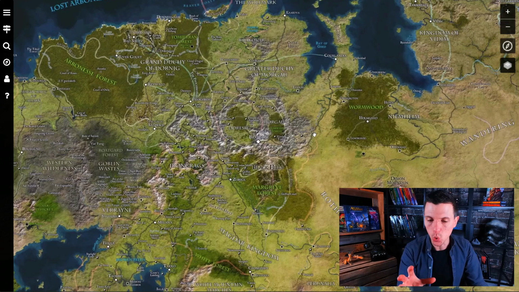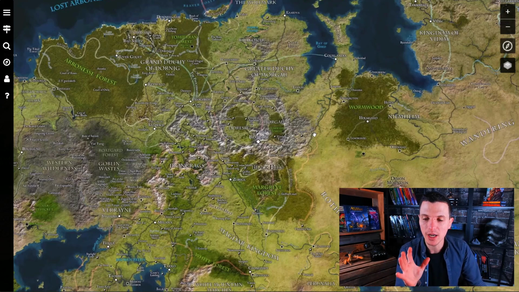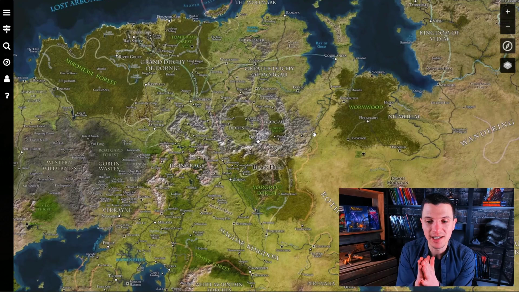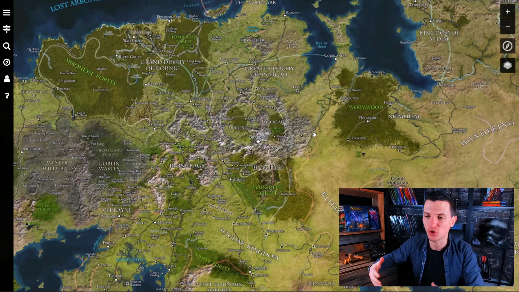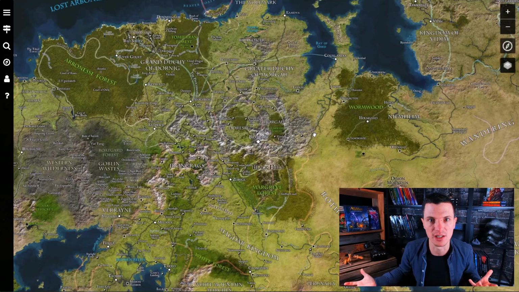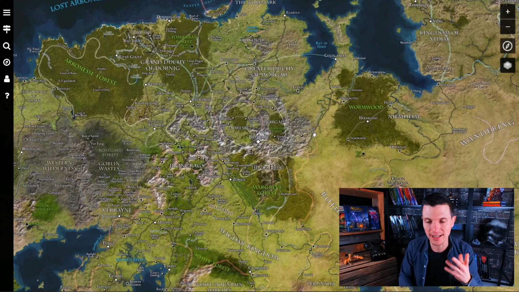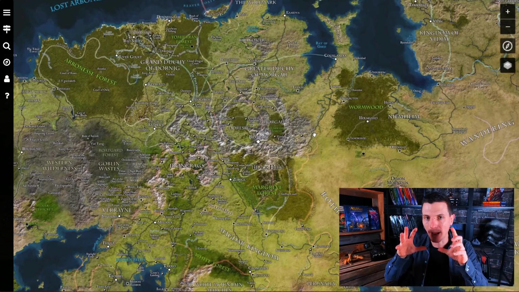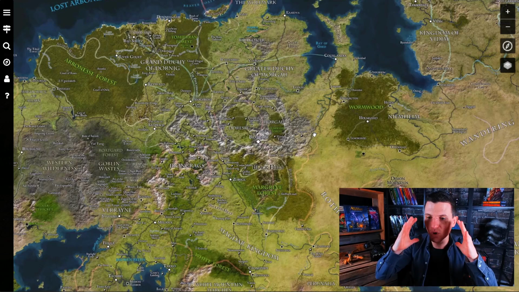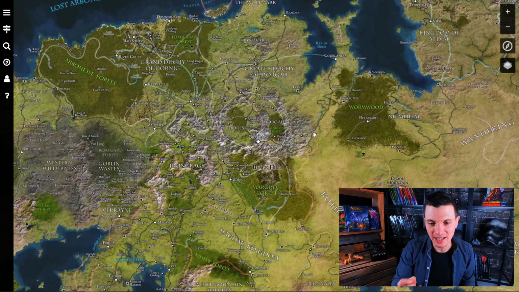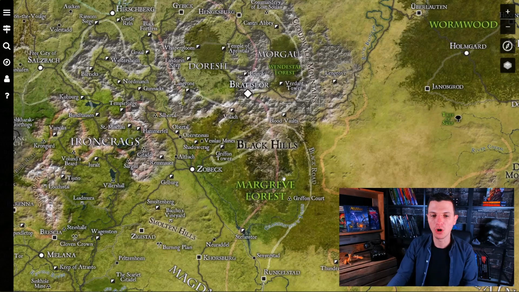Now, I want to talk about the Ghoul Empire, but before I do that, I would just want to say undead is a theme that spans across the entire Midgard world map, including the Southlands. In the Southlands, for example, there are mummies and stuff like that, which are basically also undead, and they don't really have anything to do with what I'm talking about today. What I'm talking about today is for people who are playing in a Midgard campaign setting. It's just a bit of lore that you need to have in your head, that you at least know that it exists, which is the Empire of the Ghouls, which is located underneath the Magreve Forest.